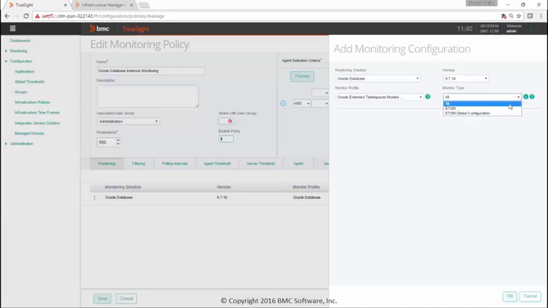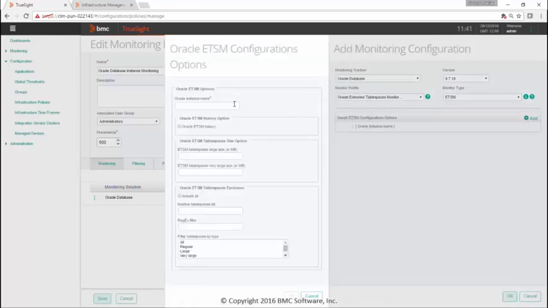If you select ETSM and click on Add in the Oracle ETSM configurations options, you can see that it is asking for the Oracle instance name, and from here you can enable the Oracle ETSM history, and in the Oracle ETSM tablespaces size option, you can specify a size for the large tablespaces and a size for the very large tablespaces,